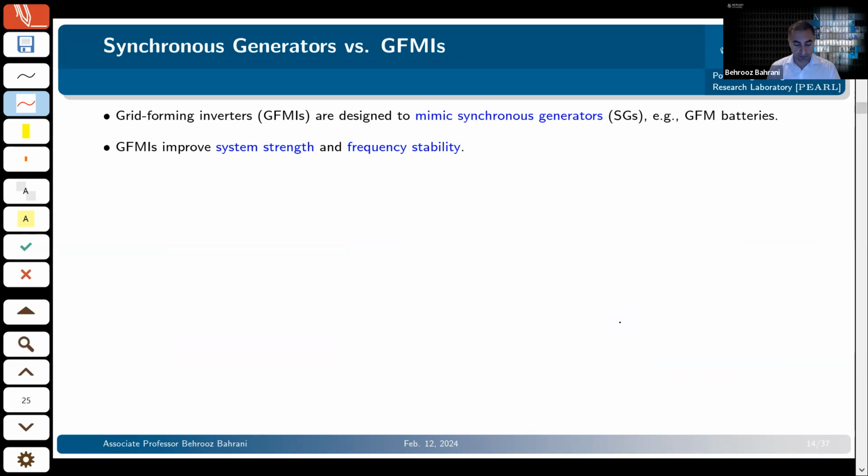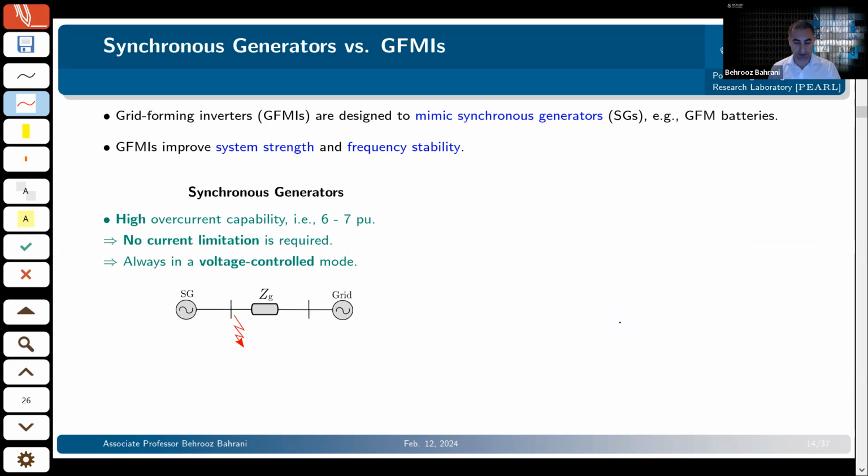For synchronous generators, we've been looking at this problem through EAC, or equal area criteria, and this is pretty well established. So, what can we do now if we are going to look at transient stability of grid-forming inverters? Well, before we do that, we need to know what's the difference between the two. They're very similar, first of all.